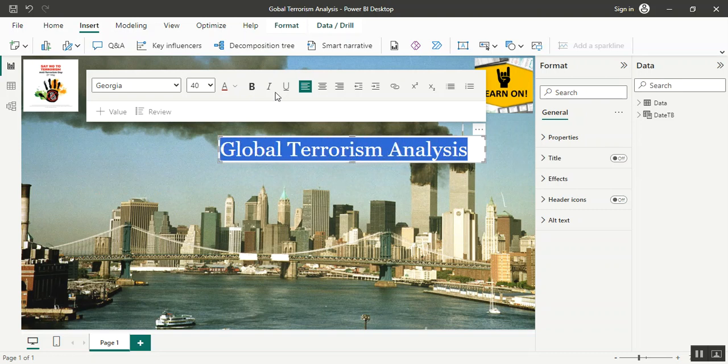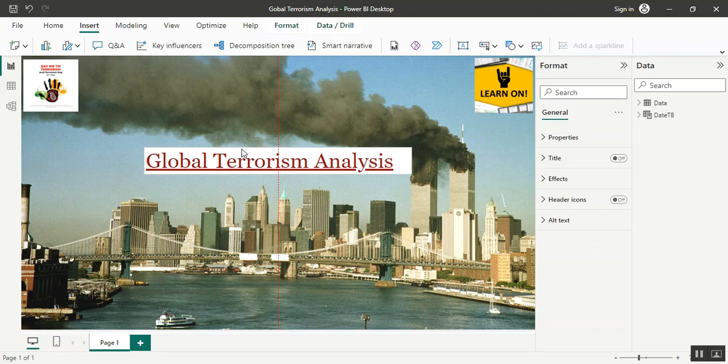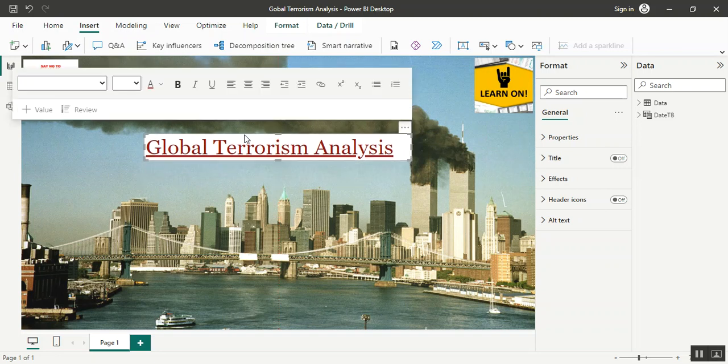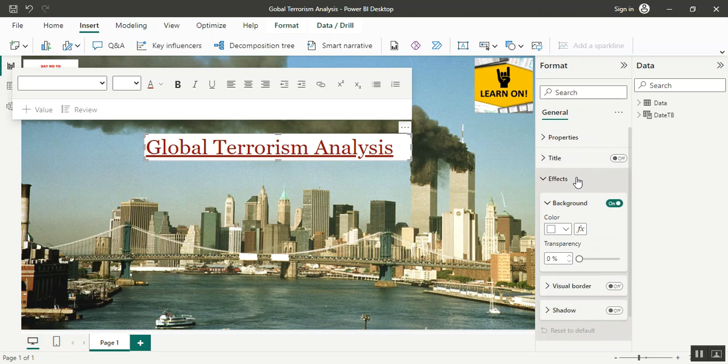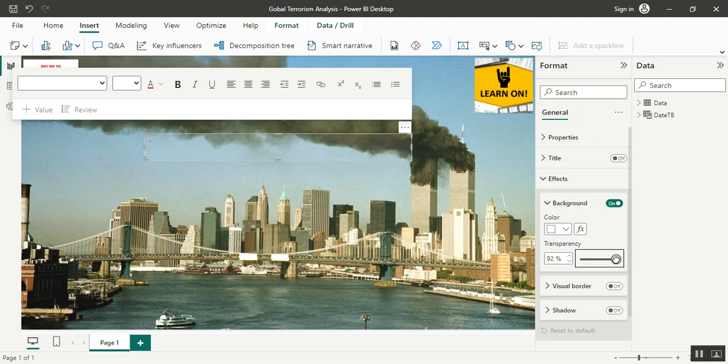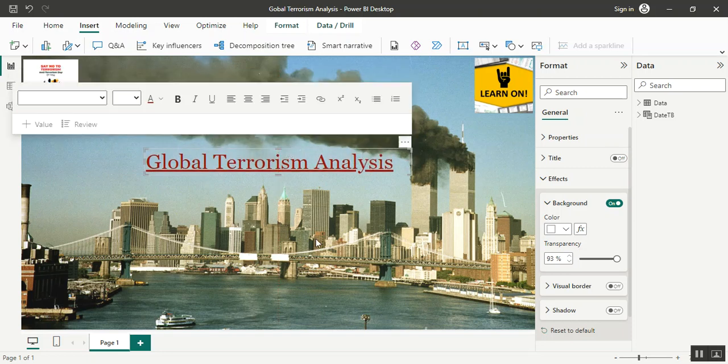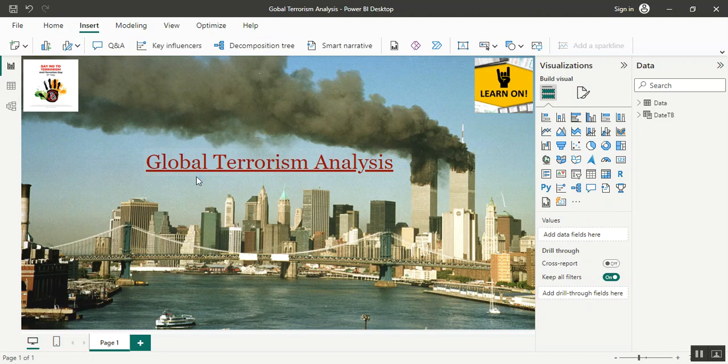and we can do this as underline as well, and bring it in the middle. Yes, and we need to make this transparent, so title effect, I think this is the transparency 0%, 100%. Let's make it a bit lower. Yes, perfect. Let's save the file first,